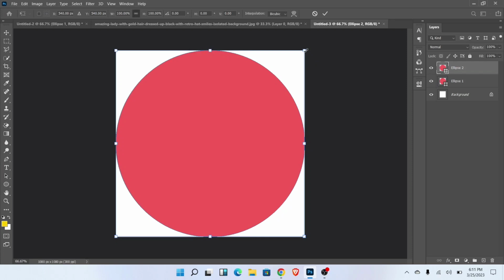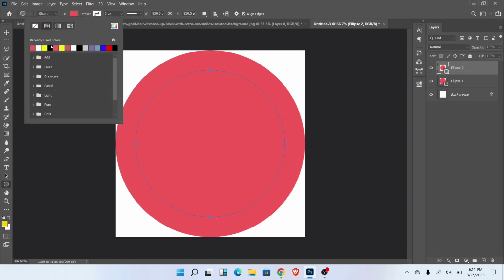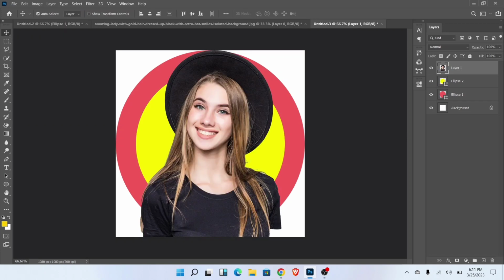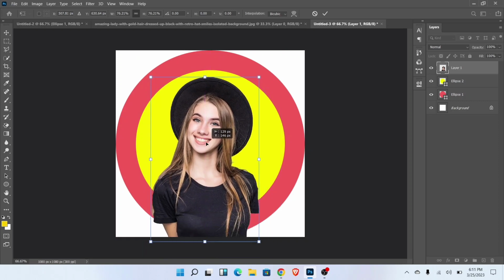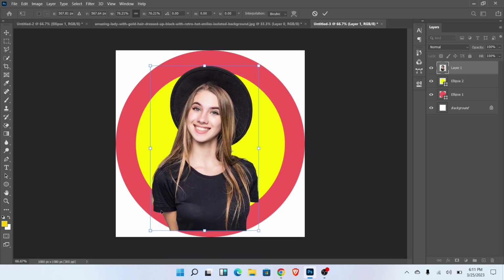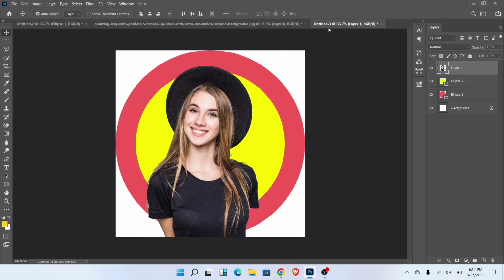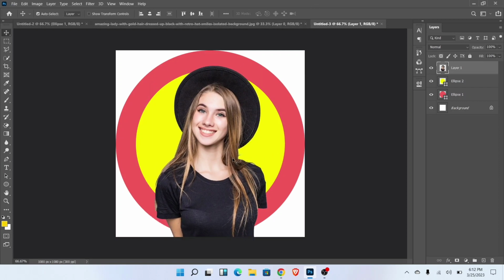Press Ctrl+T to transform the layer and follow these steps. Now choose any image and adjust it like this. Press Ctrl+J to duplicate the layer. Drag down the subject